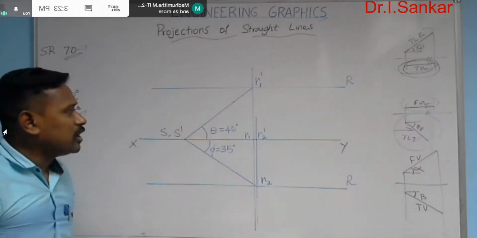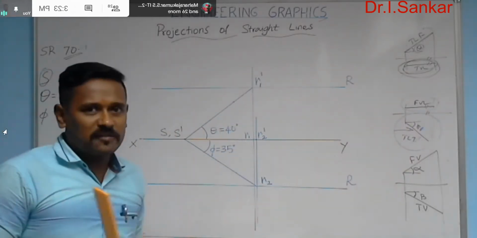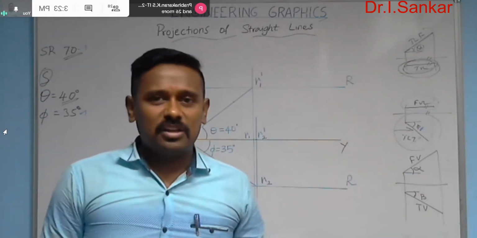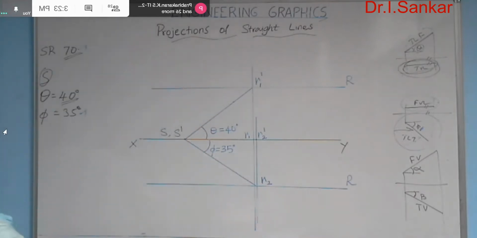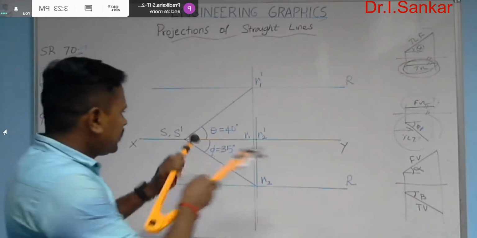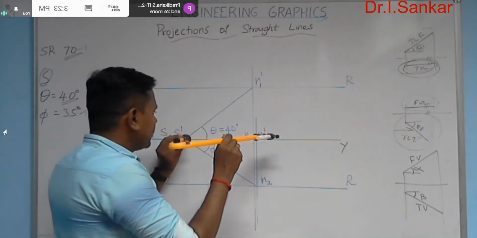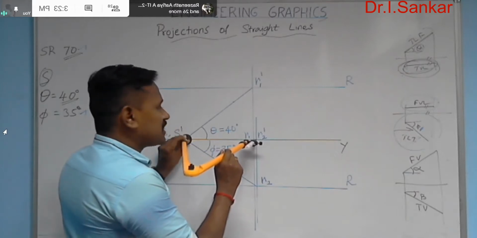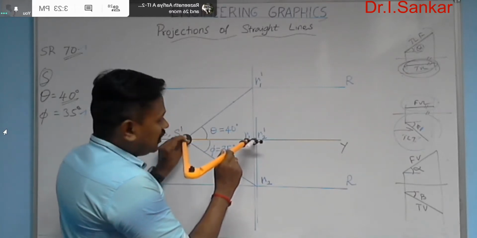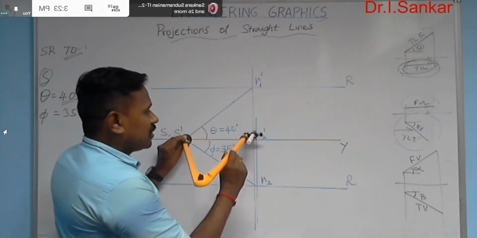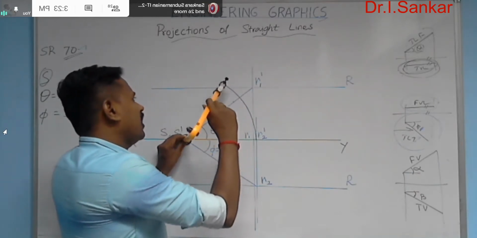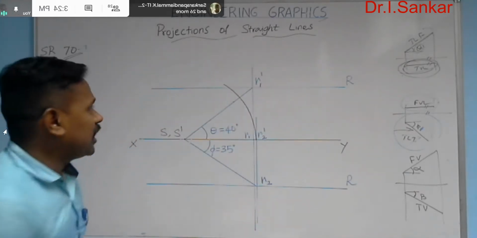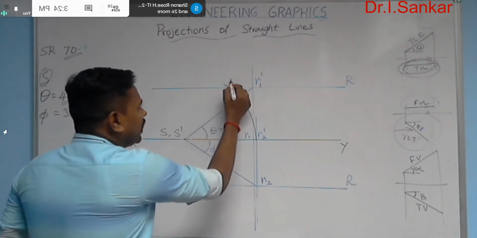We just brought out the two pairs, and the remaining pairs are front view and the top view only. Use the front view length line to cut the arc in the particular locus to find out the front view. Use your compass, make S a center. S dash R2 dash is the front view length. So from that, draw the arc. Let the arc cut the locus of R in the front view area. Here you can mark the final R.